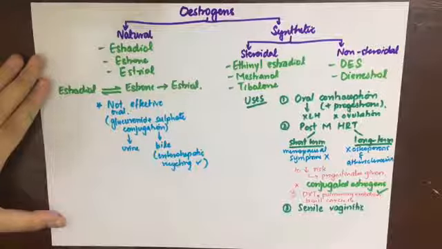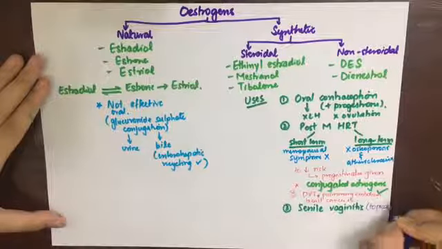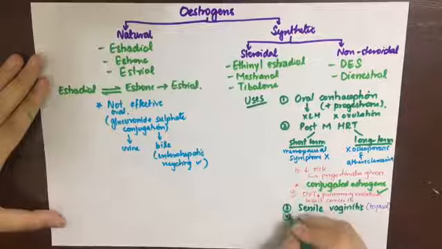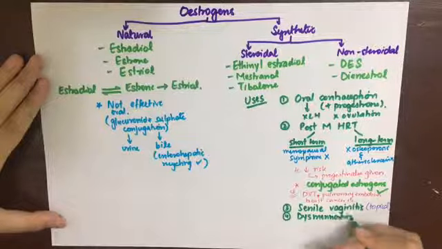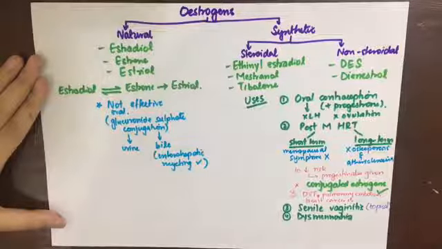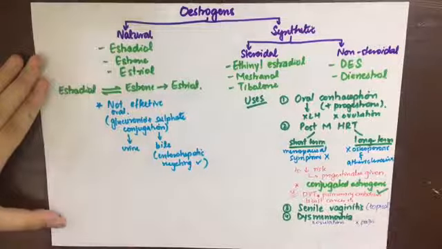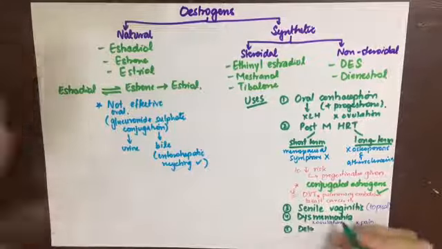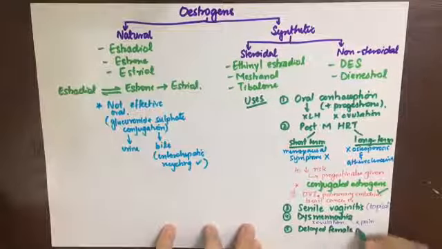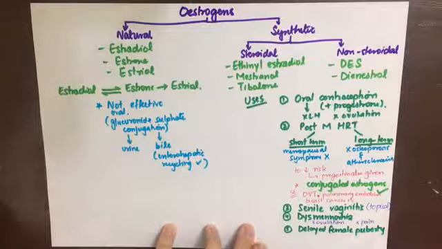They can also be used in senile vaginitis, which is actually postmenopausal inflammation and atrophy of the vaginal tissue due to decreased estrogen, and for this cause we use it topically. Estrogens are also used to relieve dysmenorrhea, that is painful muscle cramps, and for this purpose estrogen and progesterone can be used together, and by negative feedback they will inhibit the ovulation, and anovulatory cycles will be there which won't